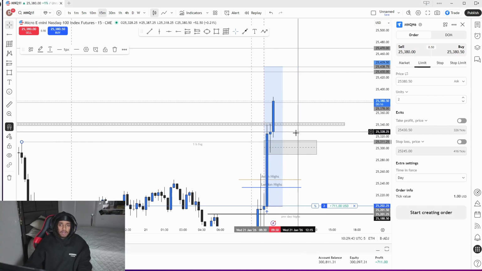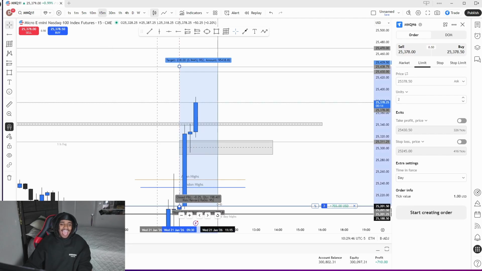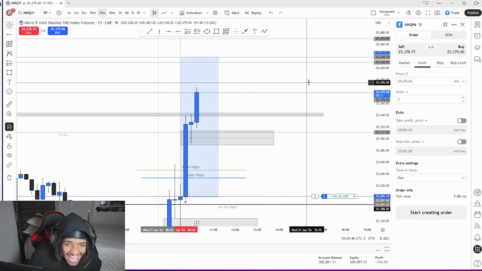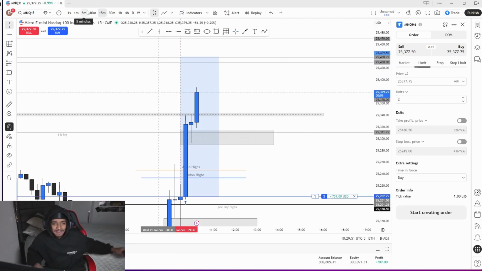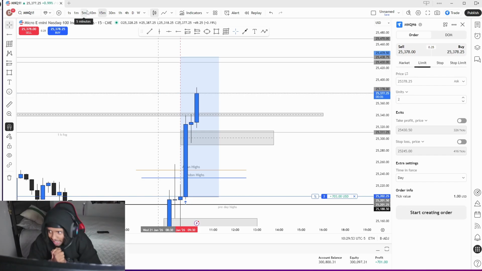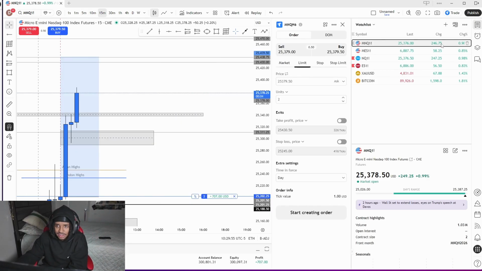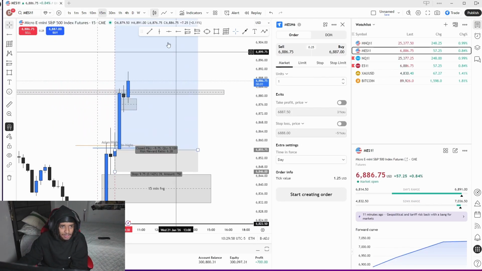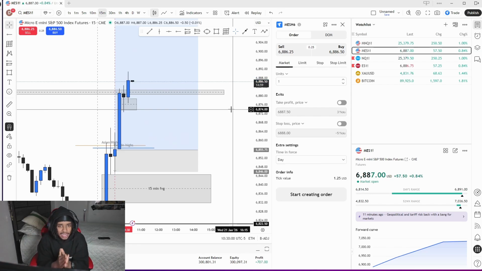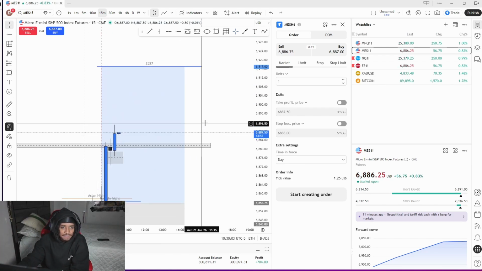Yeah. Woo, baby! We're out of here today, guys. 15-minute, boom. This is the trade of the day on both of them. On ES, where's ES at? On ES, it's also gonna get disrespected too. We're out of here. We just cooked for the day. Boom. Let's finish the game.